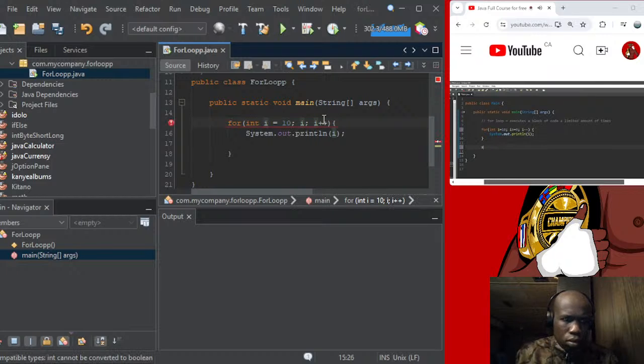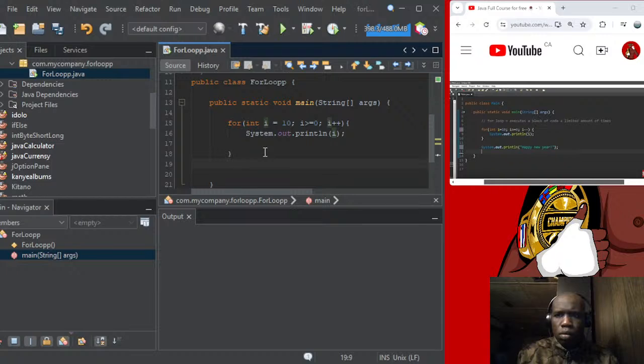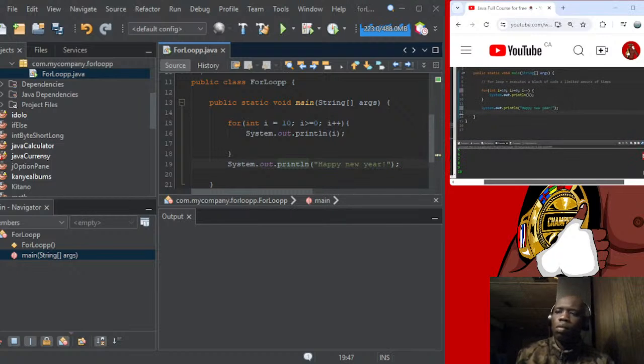And then when we exit the for loop, let's display Happy New Year. So we will start at 10, count down to 0, and display